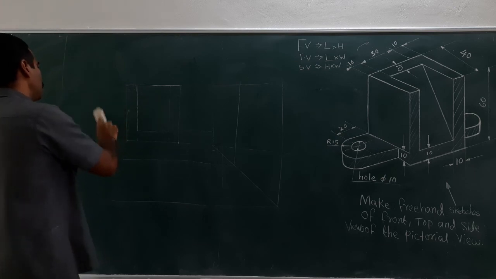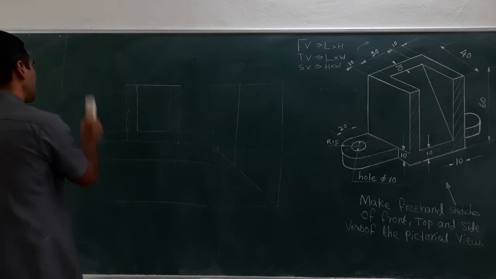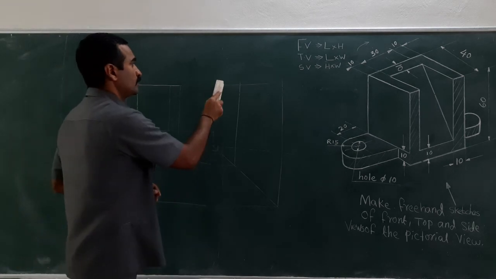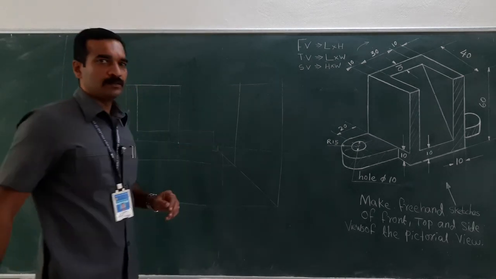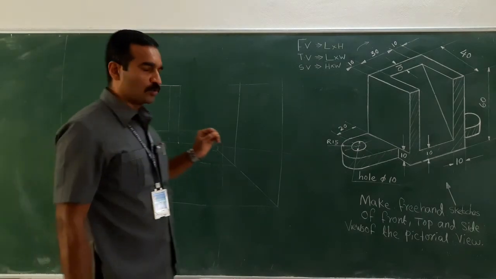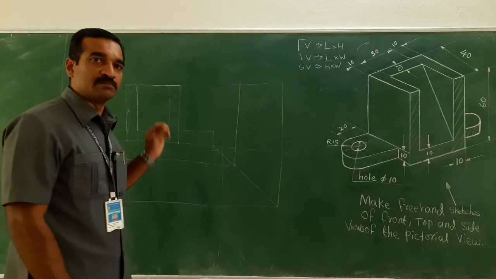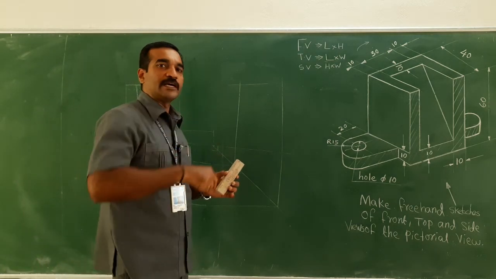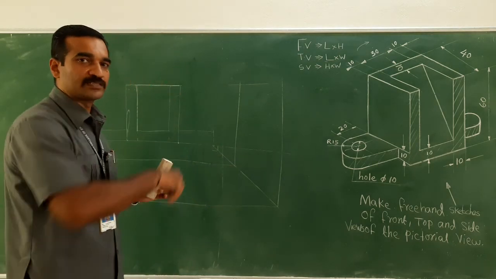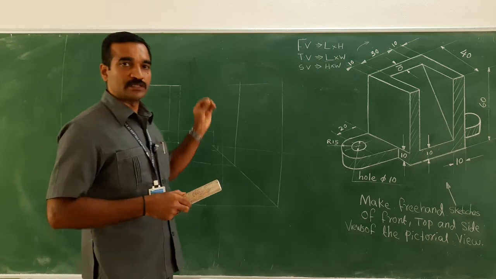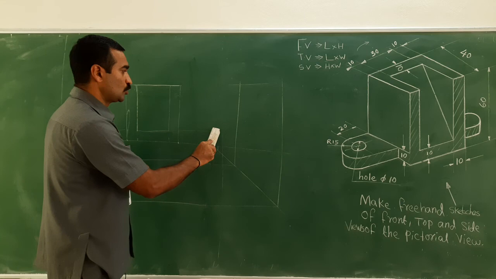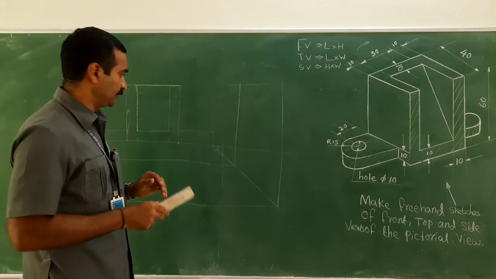right? So for that reason only I always advise you to use 2H pencil. So once you draw the dark line, if you want to erase anything, that leaves some impression, because if you had used HB or H pencil and applied some pressure, it leaves some mark on the paper. So always use 2H pencil to draw the construction line, right.